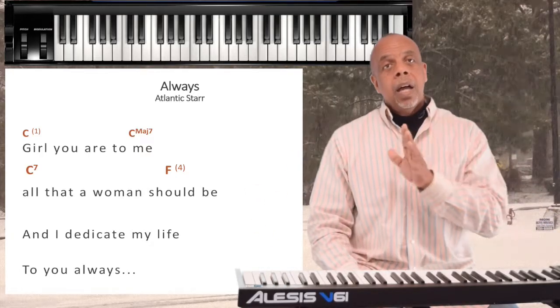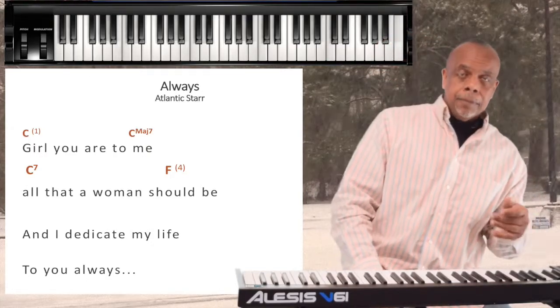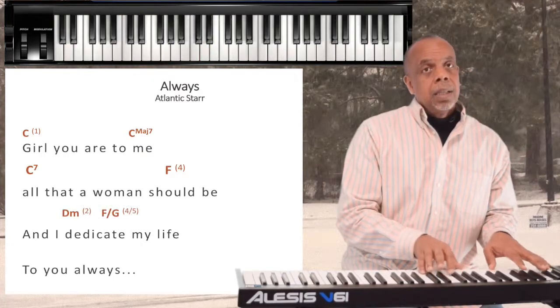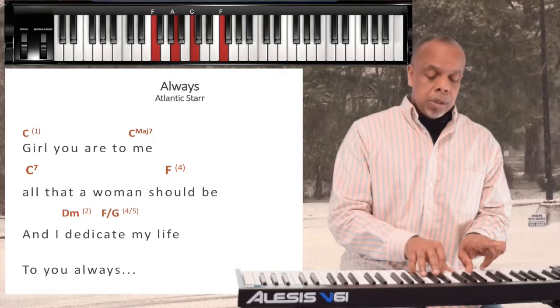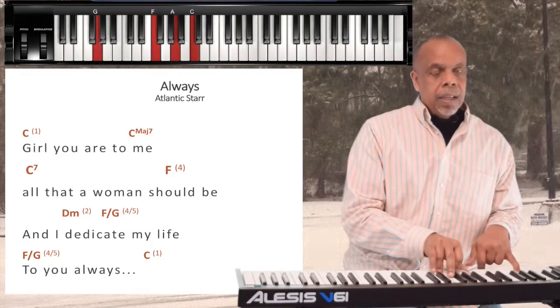A 1, major 7th, 7th, to the 4, to the 2, and to a 5. Well, it's a modified 5. I'll show you when I get there. Okay, so we started with the 7th to the 4. Now we're going to go to the 2, which is going to be a D minor, and then to a modified 5,